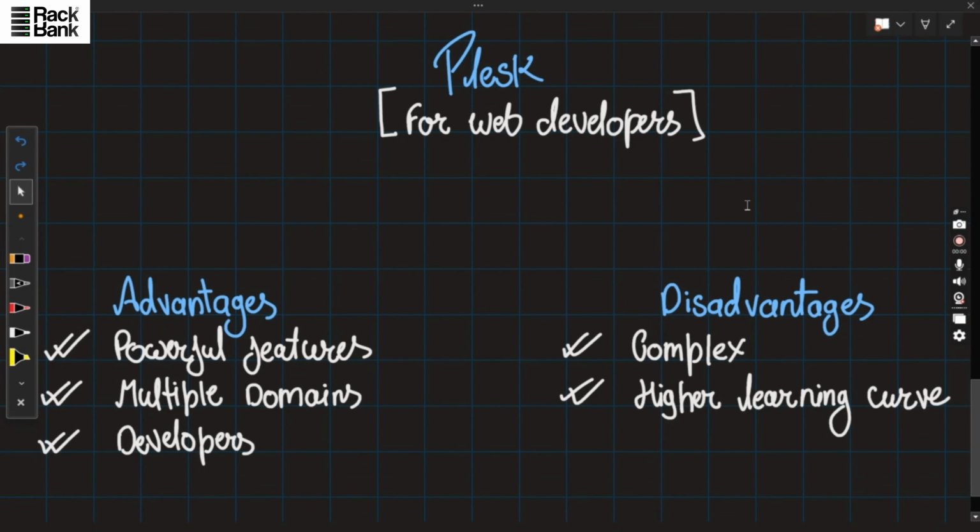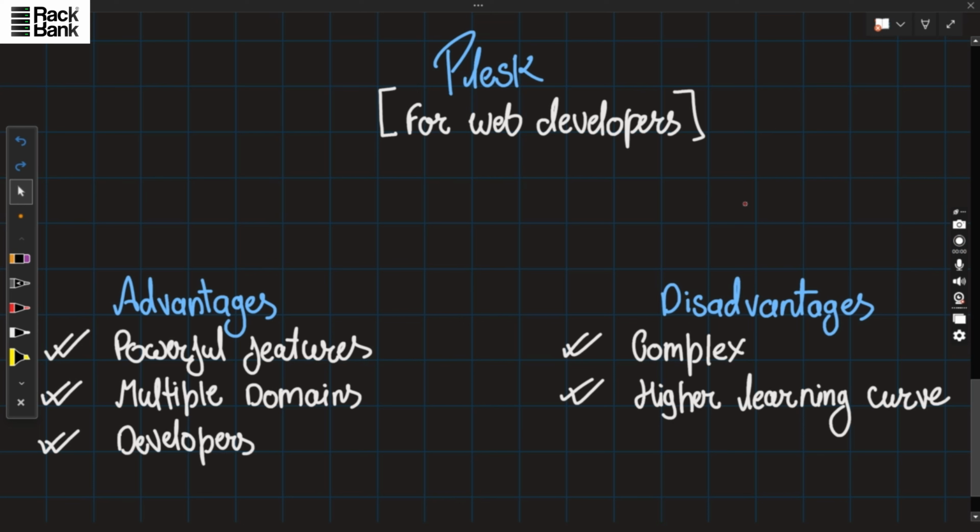Now, Plesk is another popular option which is majorly chosen by web developers and agencies. It offers a little bit complex interface and advanced features for maintaining multiple websites. To talk about the advantages of Plesk, the very first advantage is that it provides really powerful features for the developers.